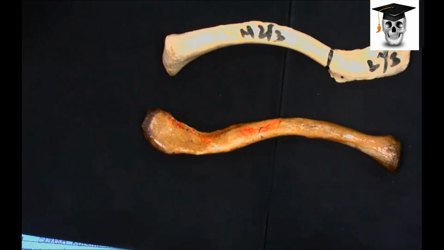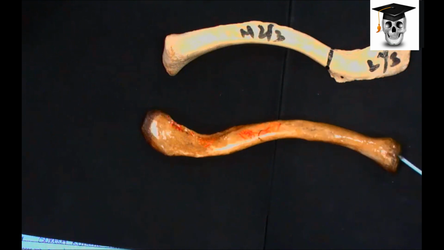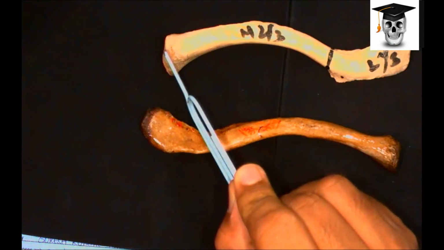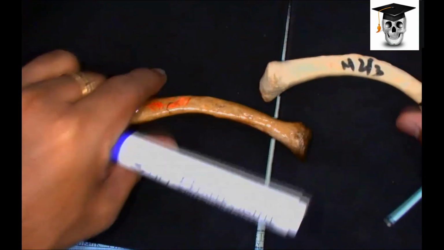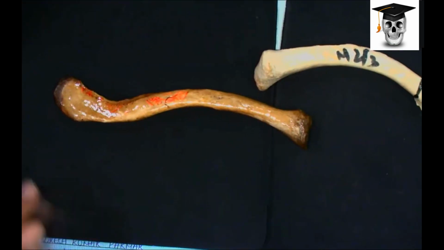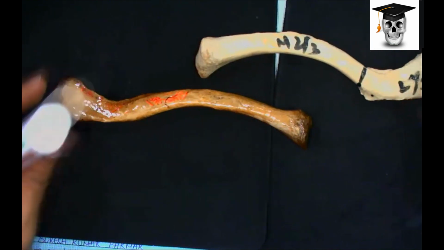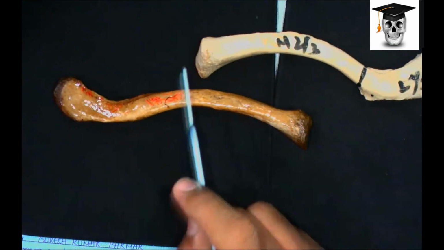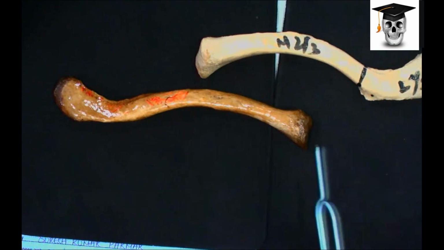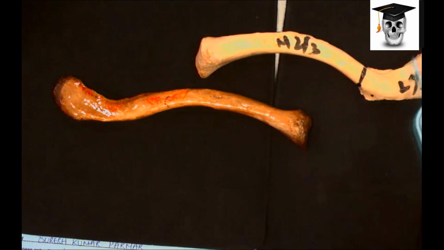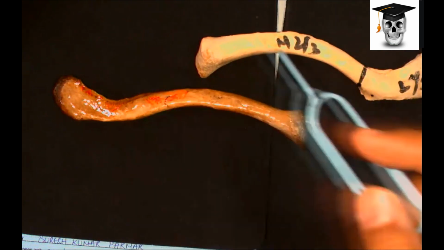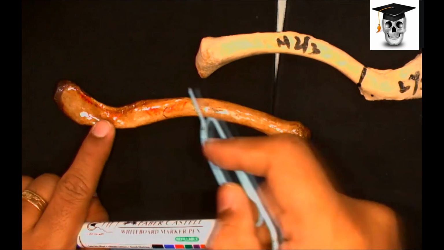In this also, I can identify the ends. You see, this is the medial end, which is broader. This is the lateral end. If I want to put it anatomically like this, unfortunately both bones won't come, so I'll put it slightly. This is the medial end, this is the lateral end. So this is your convexo-concave. Here also you can see convexo-concave.